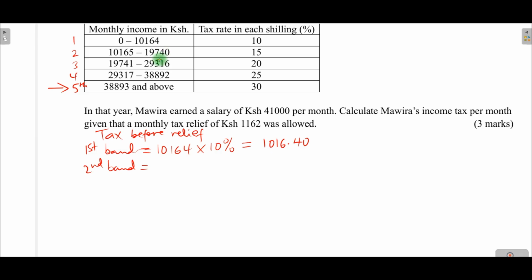We take 19,740 minus 10,164. So we subtract, and if we subtract 19,740 minus 10,164, we are going to get 9,576, and therefore in the next band take 9,576 times the rate, 15%, and we get